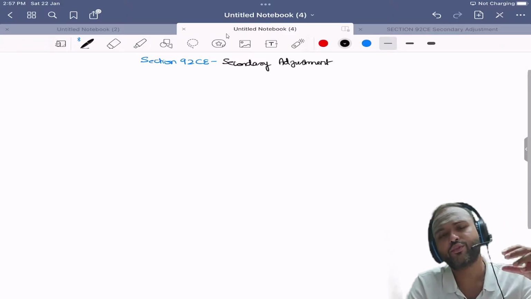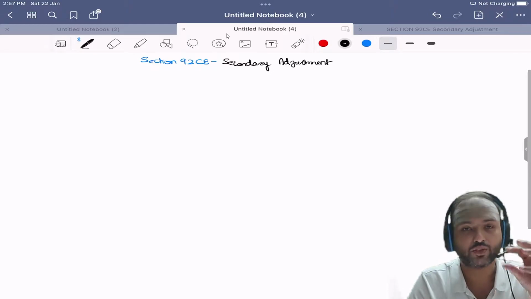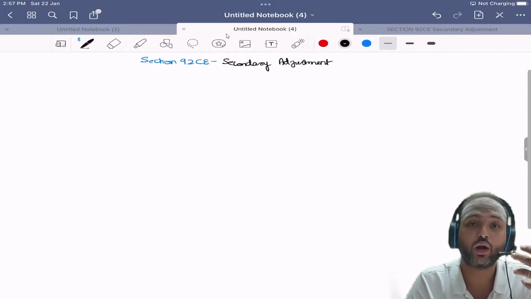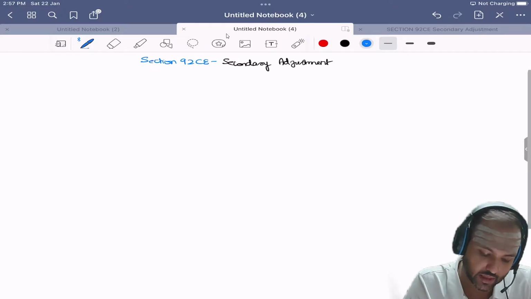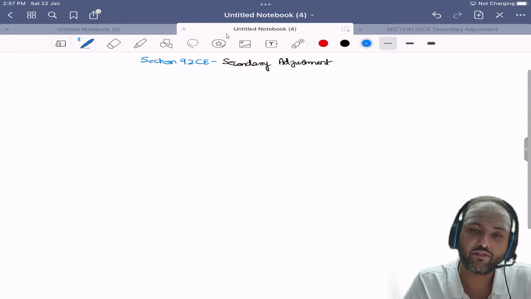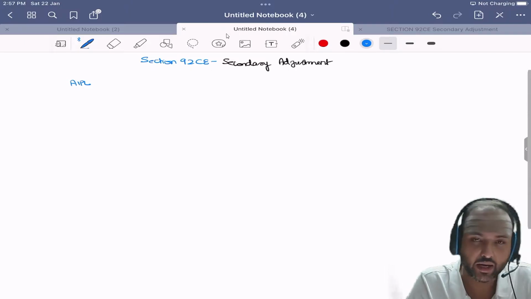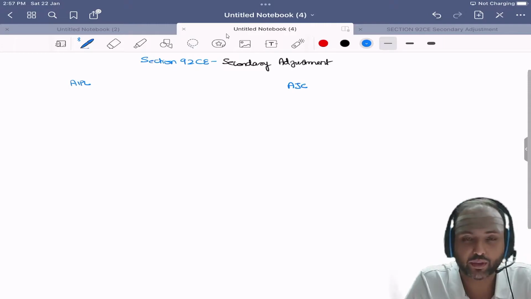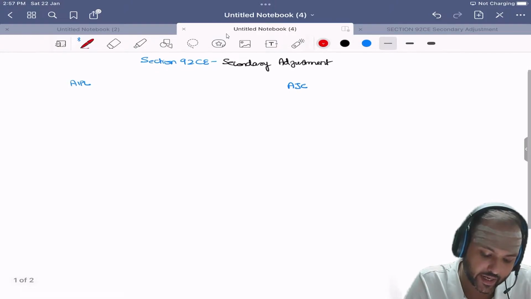Okay, now before we understand what is secondary adjustment, it is vital that we first address what is called as primary adjustment. So once we know what is primary, then we will be in a better position to understand the need and what is the secondary adjustment. Okay, now let us take an example. Let us go back to our friends Acer India Private Limited, AIPL. This is a company located in India, and then Acer Japan Corp. So this is another company located in Japan. Now these two are associated enterprises.